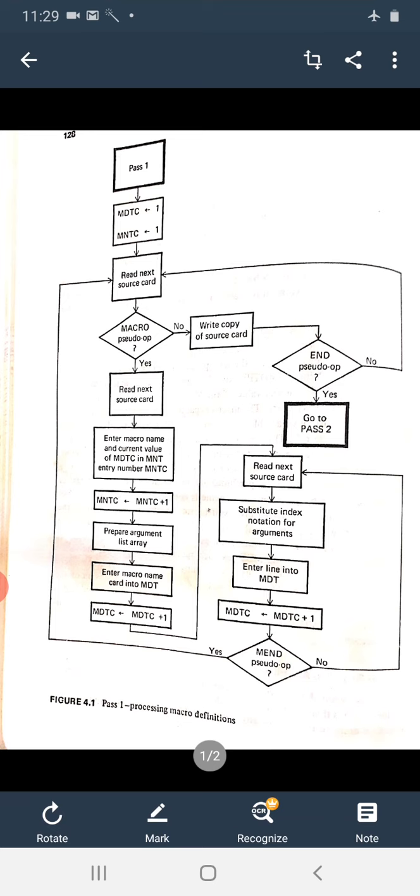So thereby we are going to move to pass 2 of the macro processor. If it doesn't encounter it, you are going to repeat the same process until all the definitions within your macro are completed.